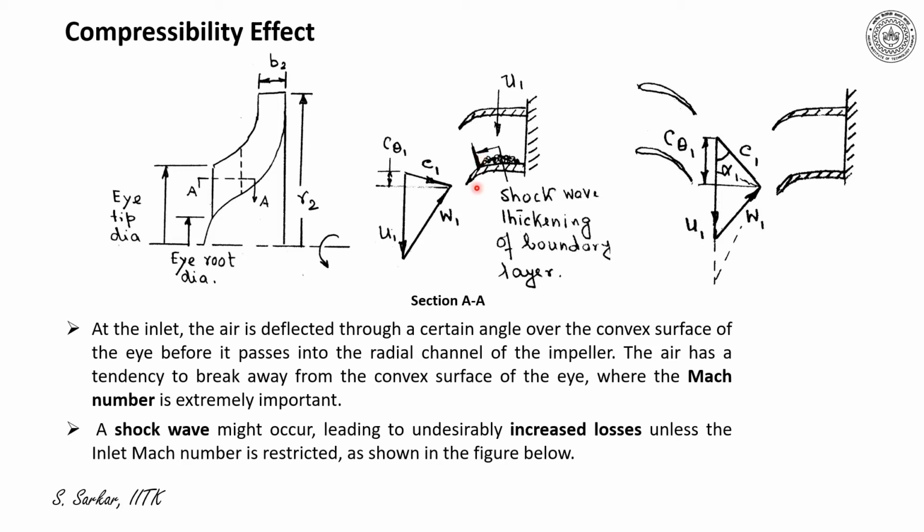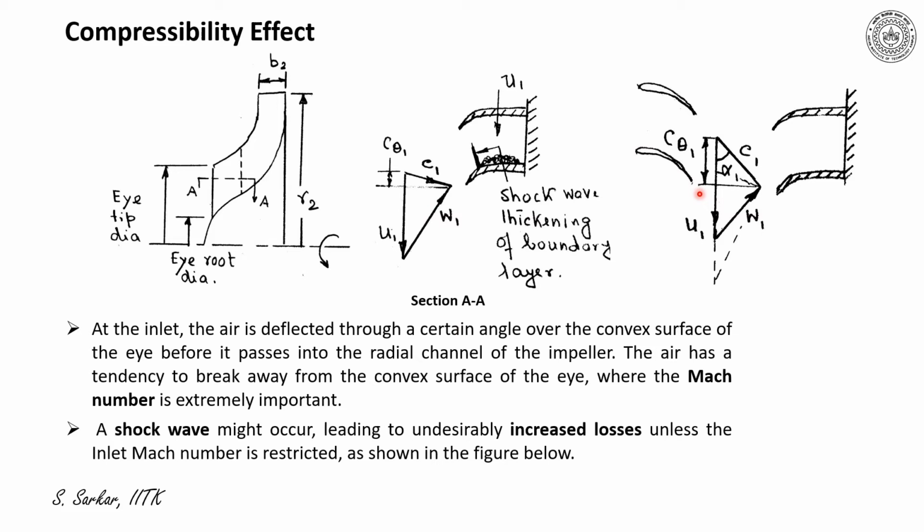Thereby, we need to control or restrict the inlet relative Mach number so that the shock would not occur and there will be a smooth entry of flow as per the design criteria. Now the question is, how can we control the inlet Mach number or W1? To control the inlet relative velocity, often we provide a guide vane at inlet that